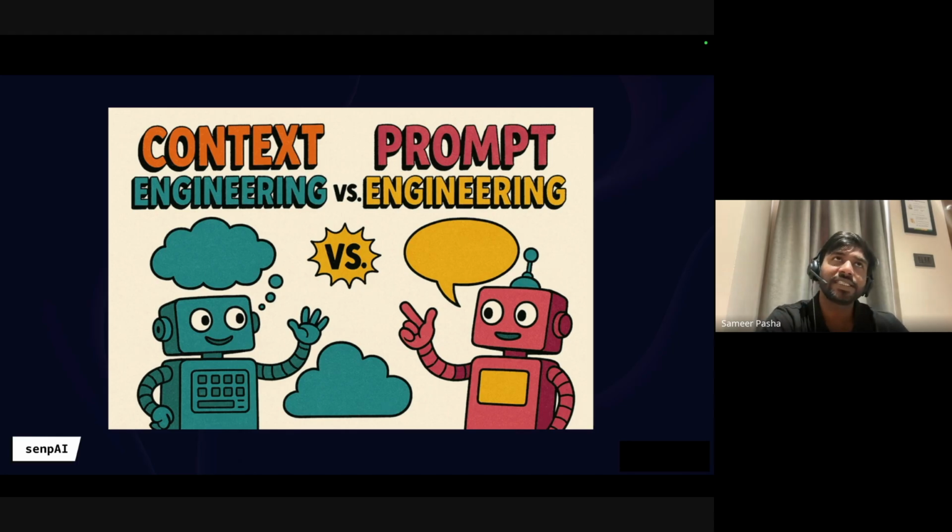In context engineering, I'll set it up: hey, you're an operations manager, you deal with maybe 500 million in logistical revenues or monthly things. Let's say you are in food delivery, and you have 5 people in ops under you and 5 people in marketing under you. These are the metrics you should be looking at every day, and these are your targets that you should be hitting, 99% or 98%.